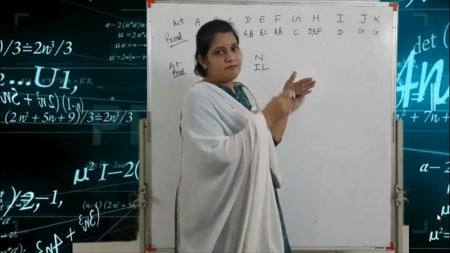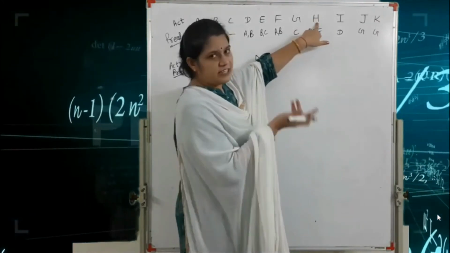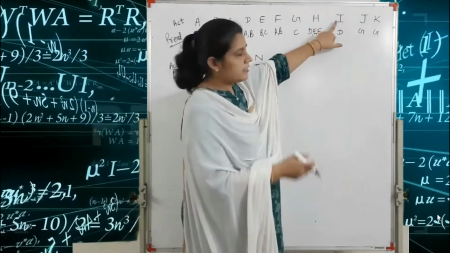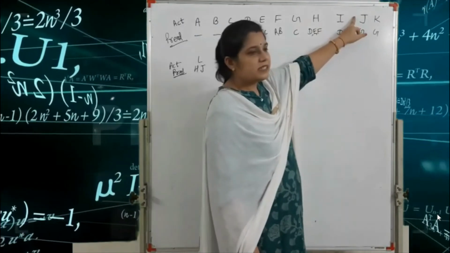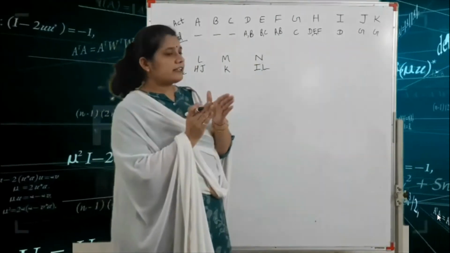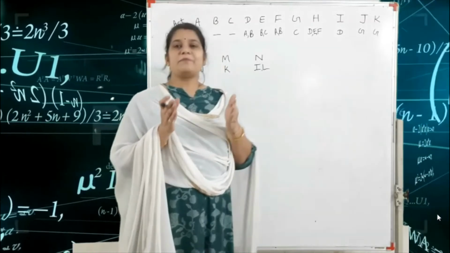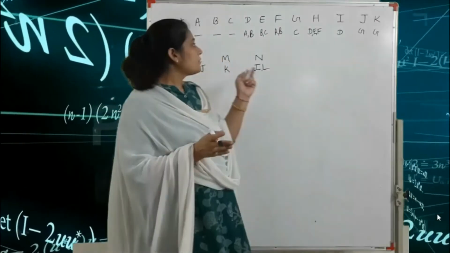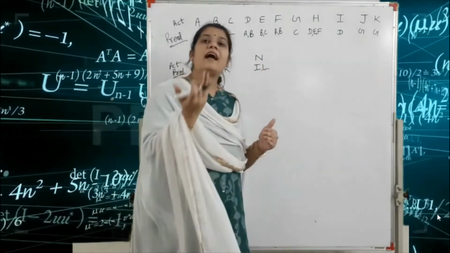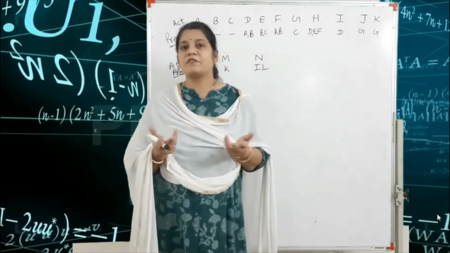If D, E, F are already completed, after that we start the H activity. After D is completed, the I activity starts. G to J and G to K, that means if G activity is completed, then J and K activities start. This type of event is a burst event. And if D, E, F activities are completed, after that the H activity starts. This type of event is a merge event.